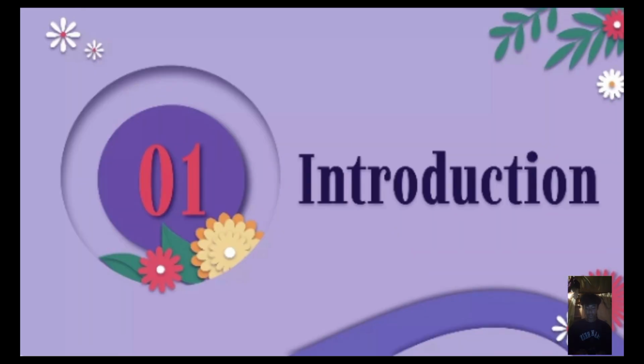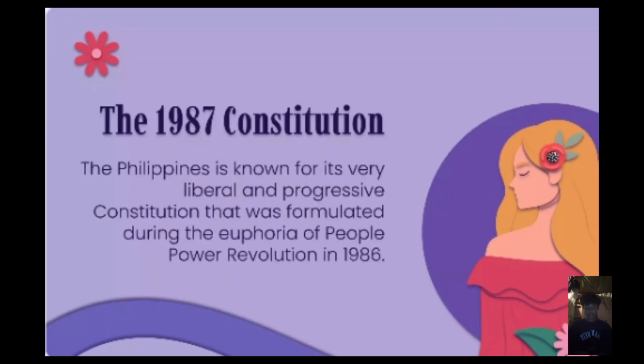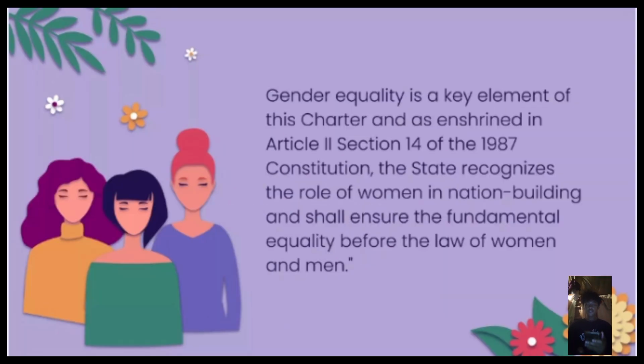Introduction. The 1987 Constitution. The Philippines is known for its very liberal and progressive constitution that was formulated during the euphoria of the People Power Revolution in 1986. Gender equality is a key element of this charter, as enshrined in Article 2, Section 14 of the 1987